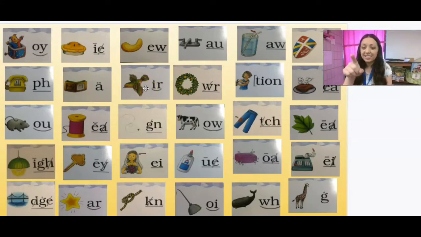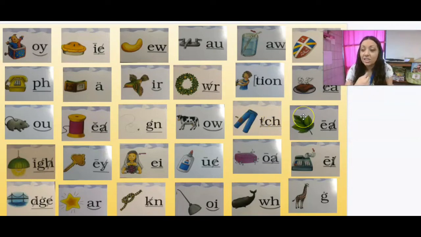Bird, combination IR; reef, ghost digraph WR; lotion, shun, final syllable TION; steak, A, digraph EA; mouse, ow, diphthong OU; thread, digraph EA; gnat, ghost digraph GN; cow, ow, diphthong OW; patch,